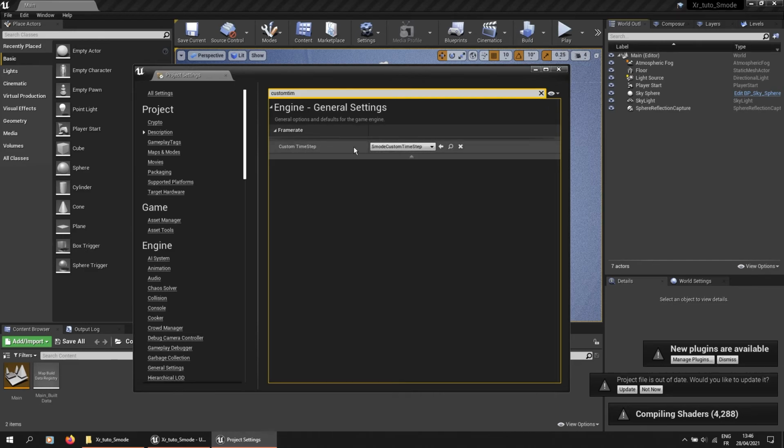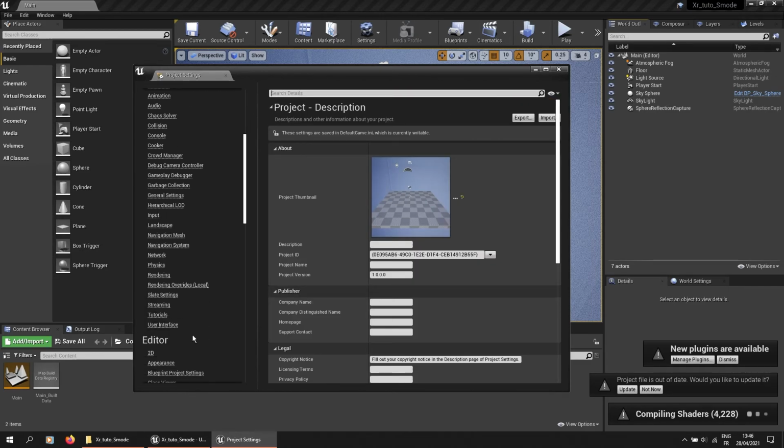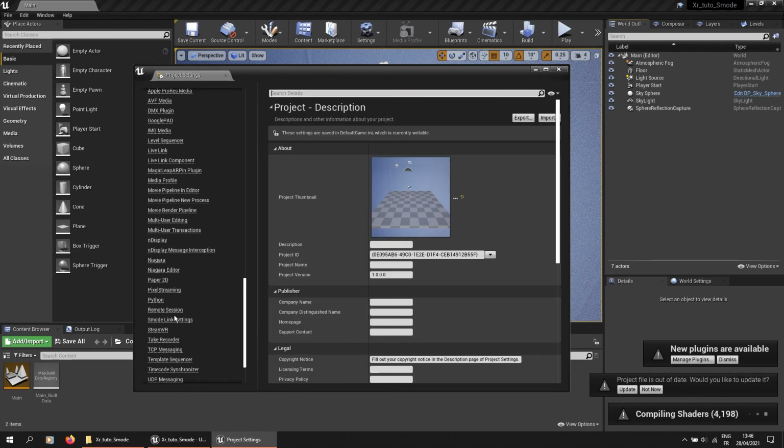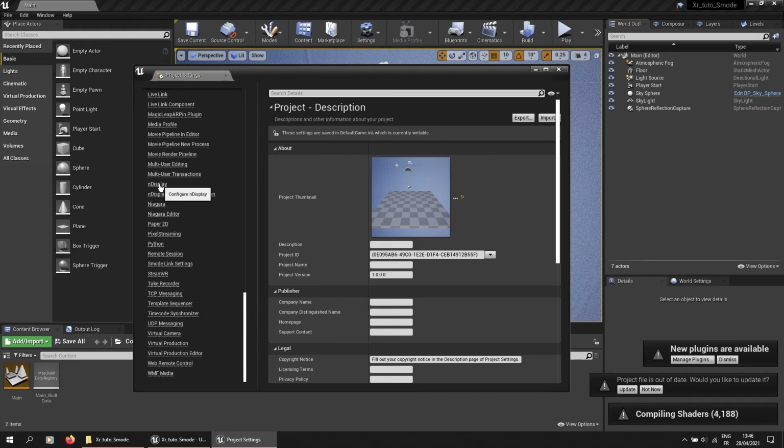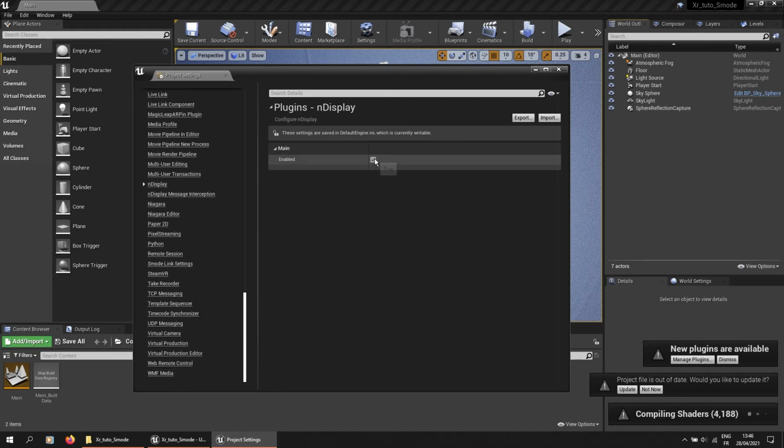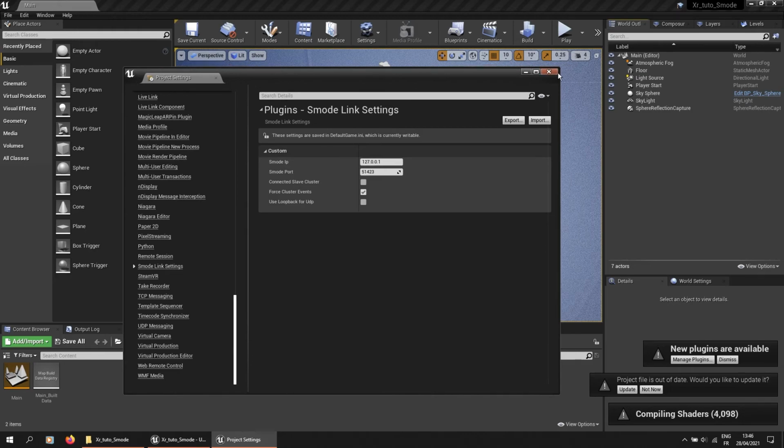The custom time step is recommended when using Spoot on multi GPU. And I will also verify if nDisplay is activated in the project settings and the SMOD link setting. So here I'm on a localhost with this port.